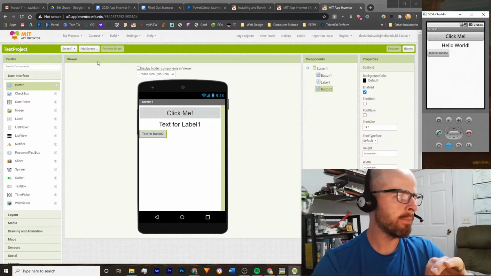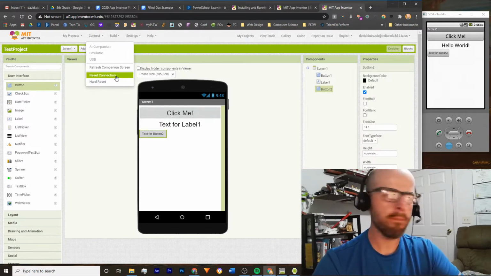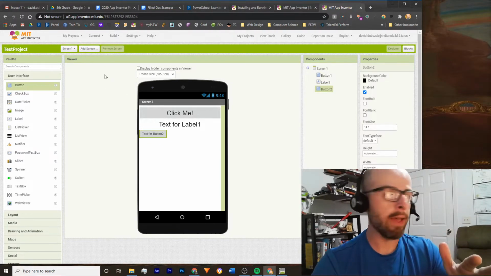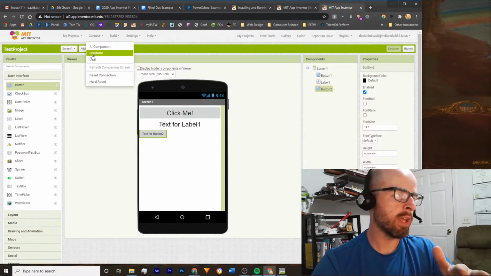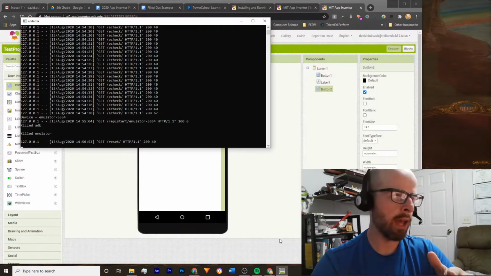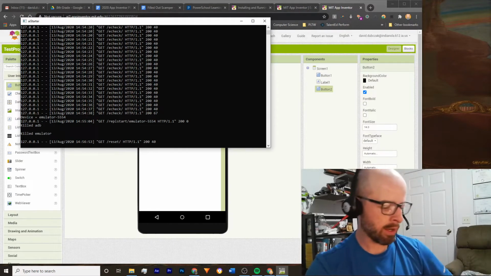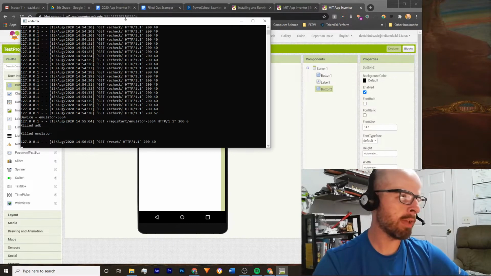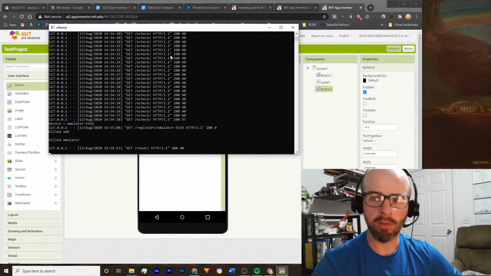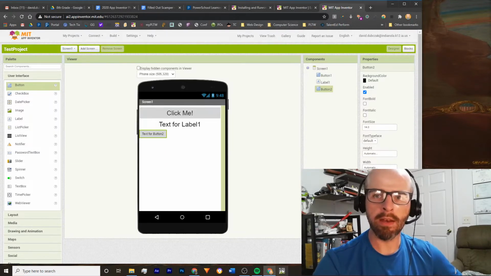Things aren't working the way they should. What I do with that is if you come to your connect menu and you click on reset connection, it should automatically close your emulator, and then you can reconnect the emulator again. If you really need to, go ahead and press Control C on here to close and open your AI companion again. And actually, you'll see here, I'm pressing Control C and it is not closing for me. So I need to close it the hard way and then open it back up,